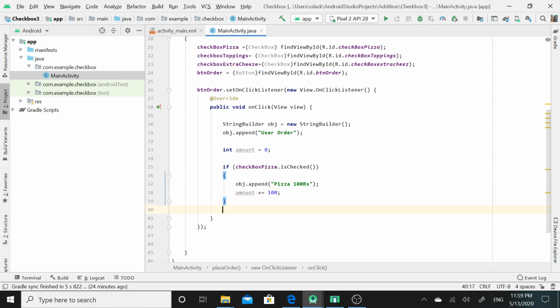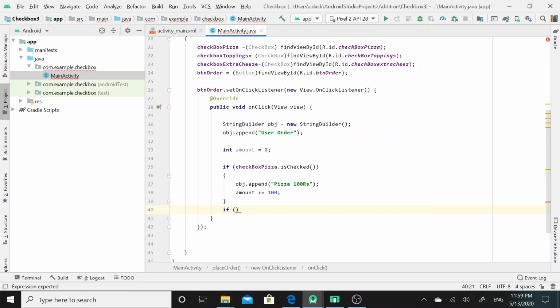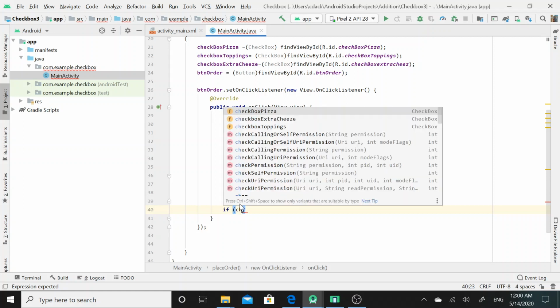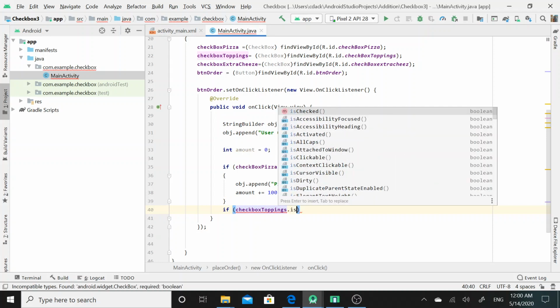Now I need to perform a similar operation on the further checkbox. So again I would call a simple if structure. If the user has selected the second option, that is toppings, I will use the reference of checkbox toppings and call the isChecked method.